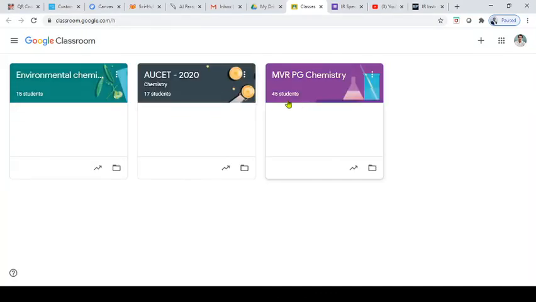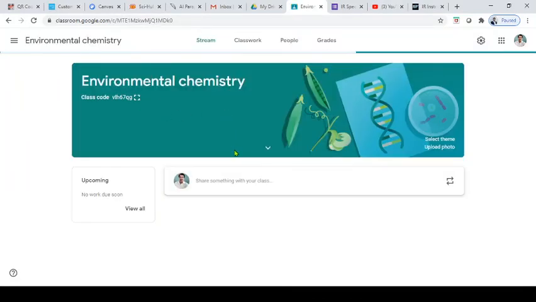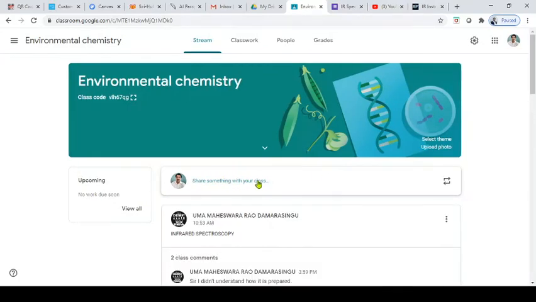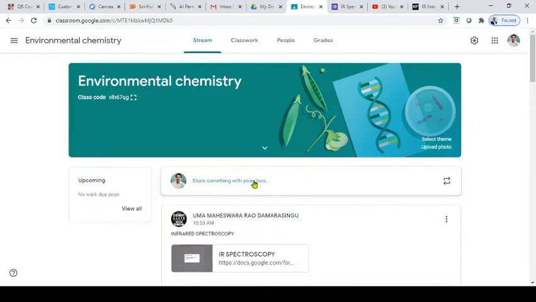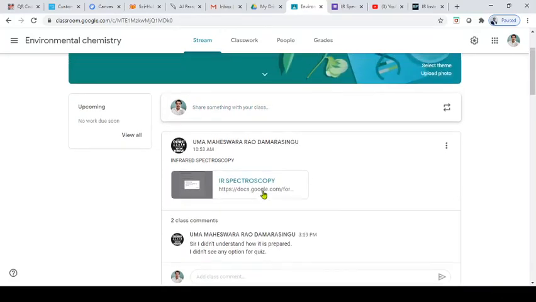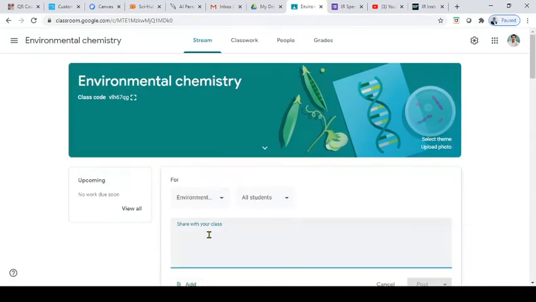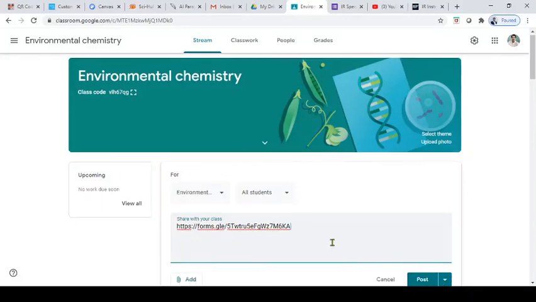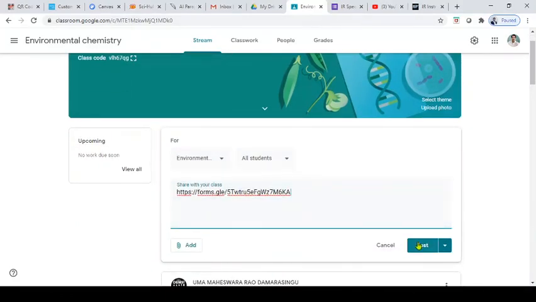I already have three classrooms there in the MSc PG Chemistry, first, second and third. I am posting this one to the entire classroom. I am asking them to fill the form. I am just posting it here right now.